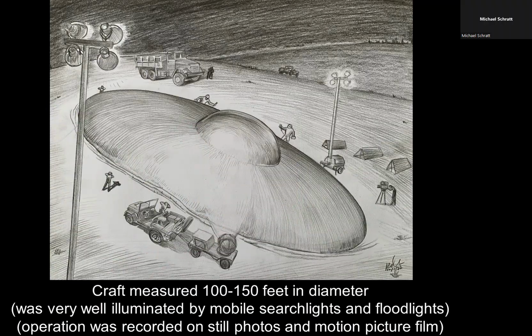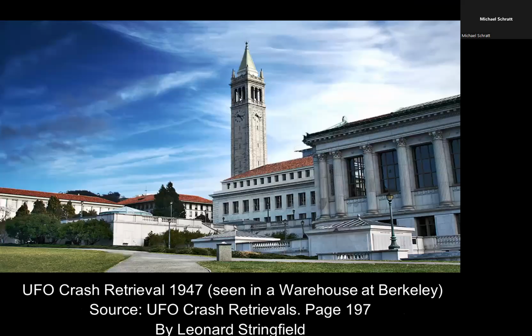And the report also stated that they were taking still photography, and in addition to the still photography, they were taking motion picture film reels of this entire retrieval operation. Can you imagine what this might have looked like? And I want to know, where are the still photos and where are the motion picture film reels? Because what we're going to do is give that information to the senators and congressmen that don't have a clue about this, and we're going to give them the actual evidence they need to proceed forward with these congressional hearings. And we'll go ahead and continue on to the next case here.